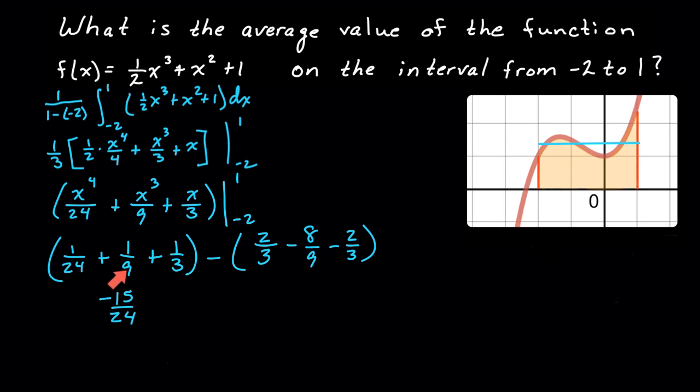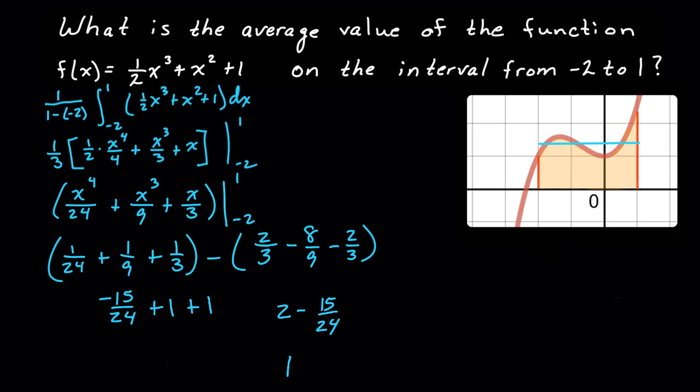We have 1/9 minus negative 8/9. That's going to give us plus 8/9, which is 1. And then we have 1/9 minus negative 2/3, which also is 1. All right, so what we end up with then is going to be 2 minus 15 over 24,